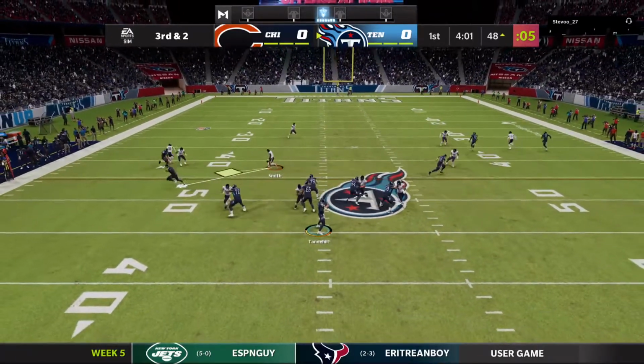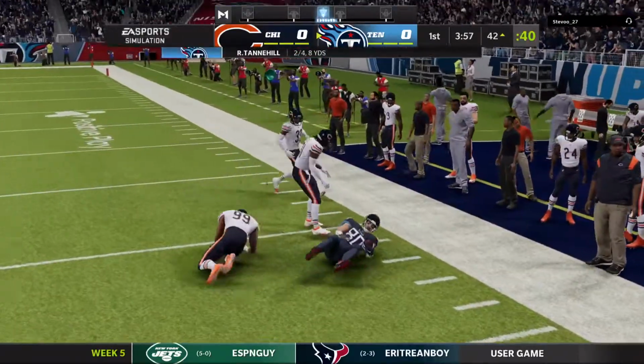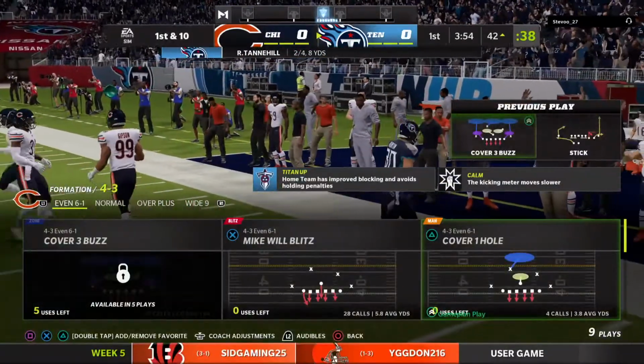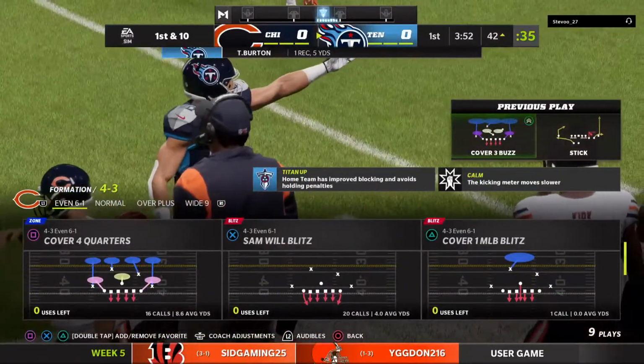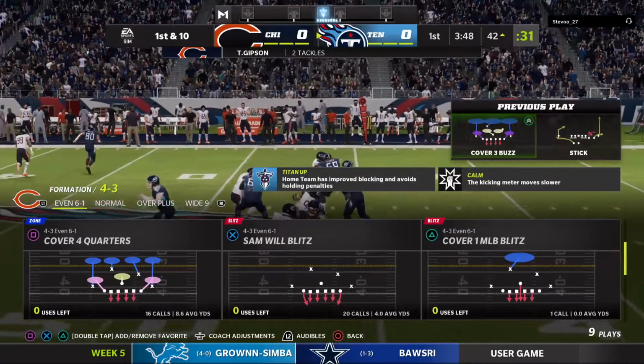Third and 2, Tannehill. He's got his tight end, Burton. And he will have a Titans first down as they get 5 there on 3rd and 2. Gotta say, I was a little surprised to see him, Charles, come out in the shotgun on 3rd and less